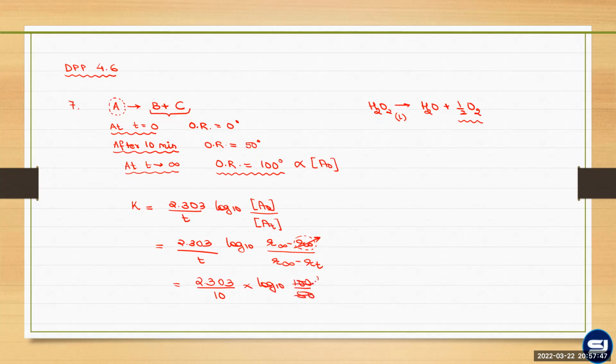Yes or no? Yes sir. So 2.303 into log 2 is, we know, 0.693, and then upon 10 would become 0.0693. With the unit of minute, it will become minute inverse. This would be the value. And the answer is,